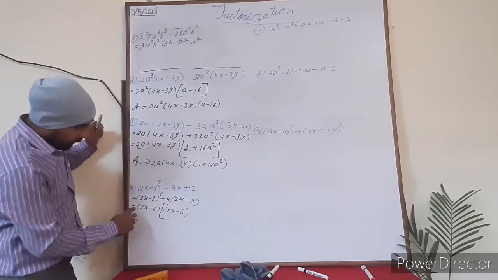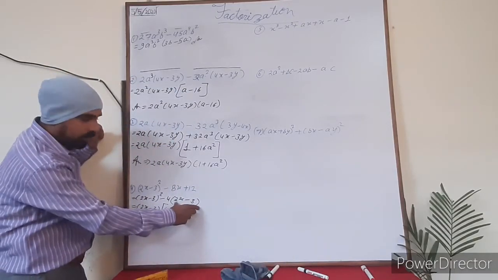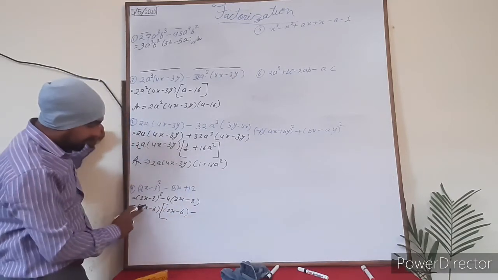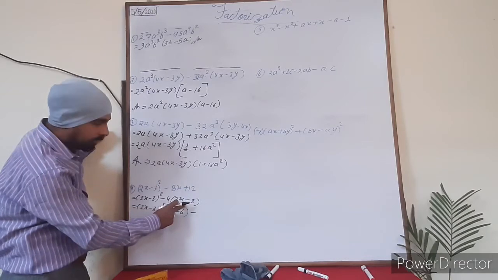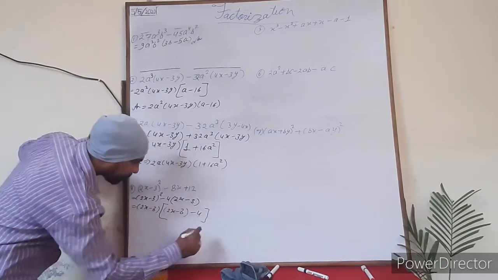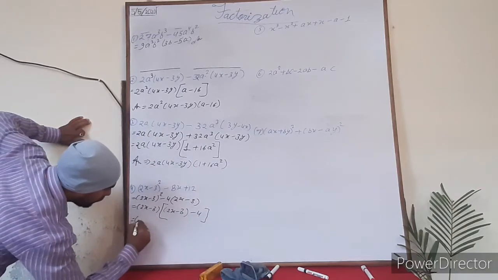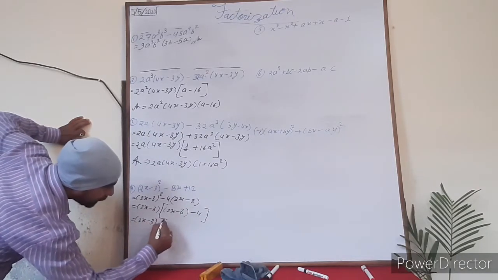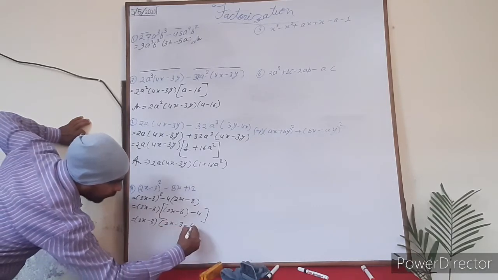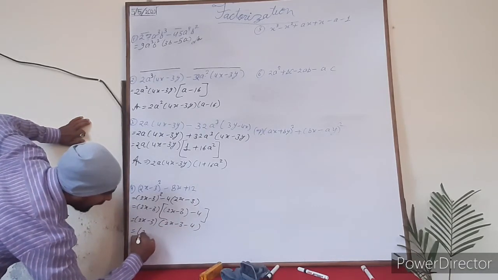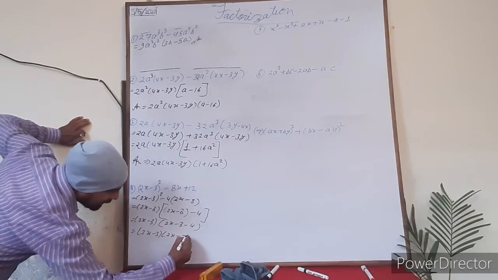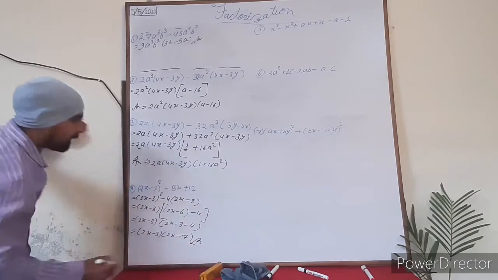Then this one is going to divide this one. So this is plus and this is minus, so the minus sign will be put here, and after that when this 2x minus 3 divides this one, it will be totally cancelled out and minus 4 will be left. Then after opening the bracket, it will be written as 2x minus 3 minus 4, or finally you can write it down as 2x minus 3 and 2x plus minus 7. This is the answer of this question.